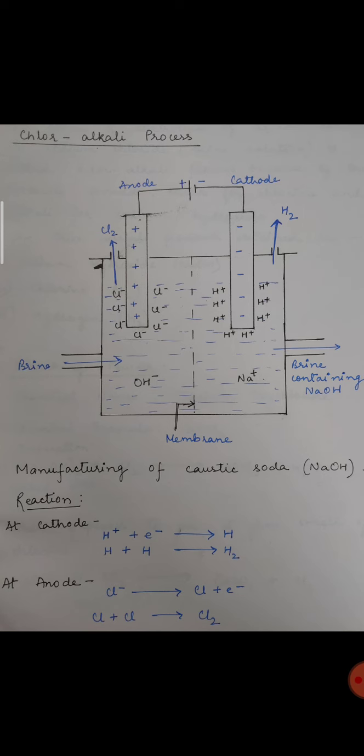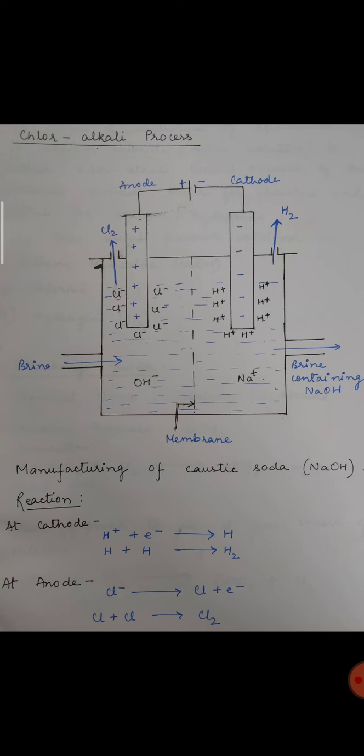is having excess of electrons, and that is why it is the negative electrode. So hydrogen ion is gaining electron from the cathode and it is forming a hydrogen atom. Now two hydrogen atoms combine and form a hydrogen molecule, which is hydrogen gas, and that is how you can see that at the cathode hydrogen gas is released.